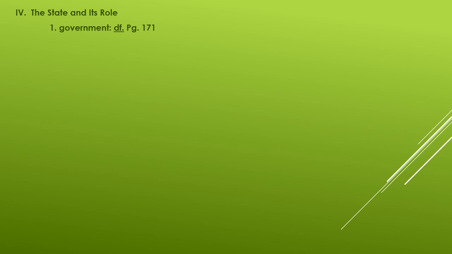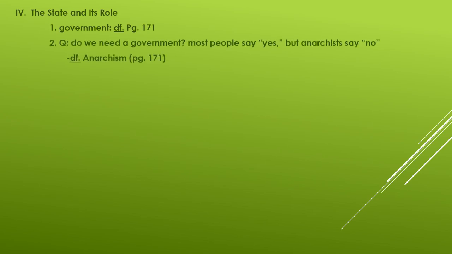Let me just read it directly. A government is the exercise of power and coercive force by one person or group over the rest in a society. And that's precisely what a government does. That is, it sets rules and enforces those rules. So we start from ground zero, really, in political philosophy, and ask, do we even need something like a government? Do we need to be in these political associations that have governments that tell us what to do? And most people will say, yes, indeed, we do need these things.